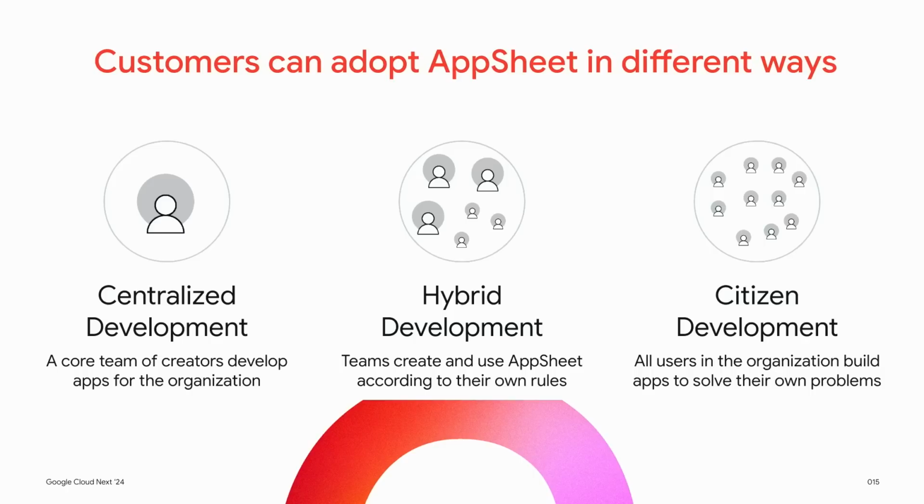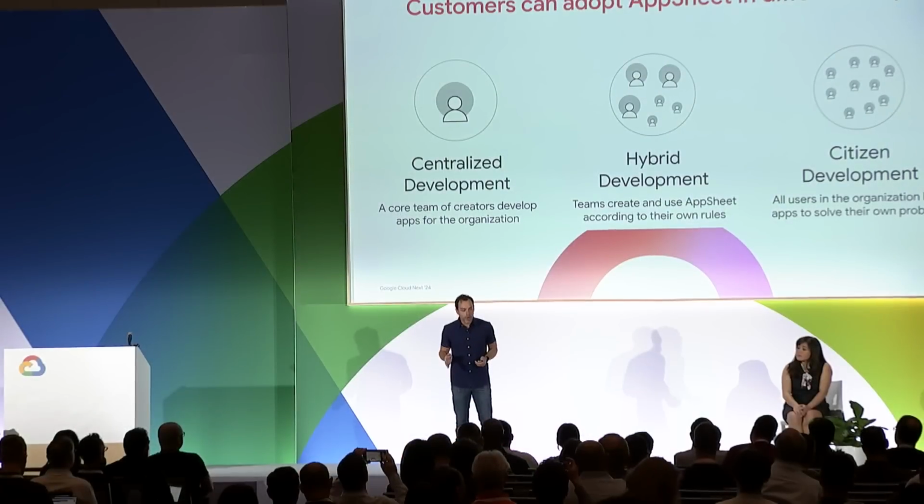There's this natural tension between a fully democratized environment where anybody inside your organization is free and empowered to build applications. We refer to this as fully centralized citizen development. Now, this is a continuum, and on the other side, you may imagine a larger organization with a very centralized and rigid department that controls all application development inside the business, sometimes associated with longer development cycles and maintenance concerns and so on. AppSheet's whole ethos is to thoughtfully walk this line in a hybrid model, and customers can adopt AppSheet in different ways all along this continuum.